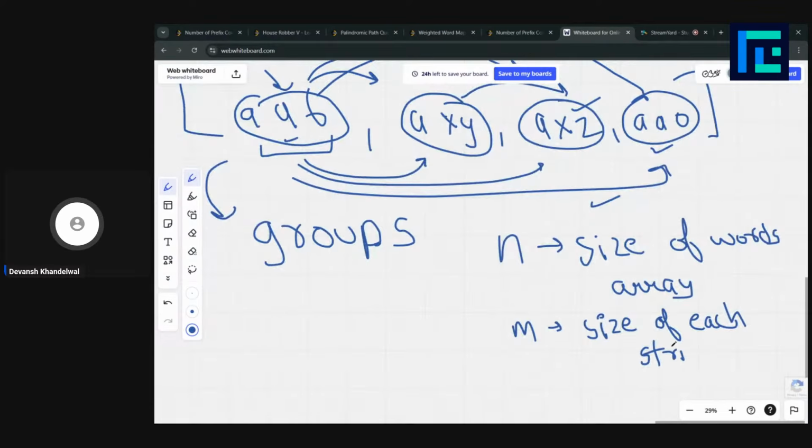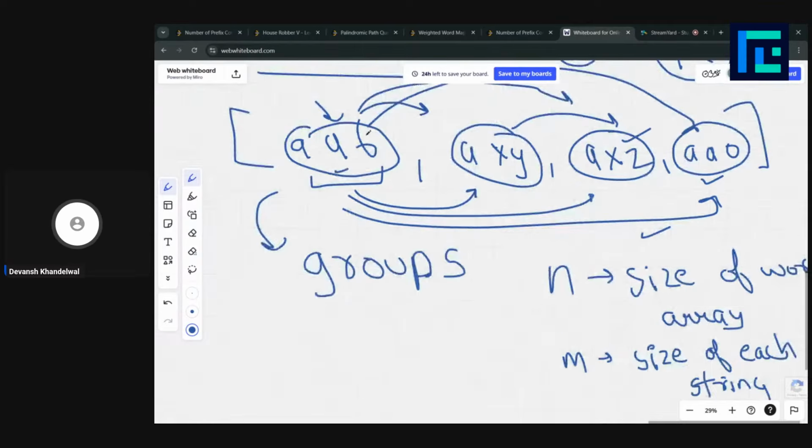What would the time complexity be here? For each string, we are going to check it against the other strings, so this would be n times, and to check if the prefixes are equal, we are going to need m iterations, up to the mth index.